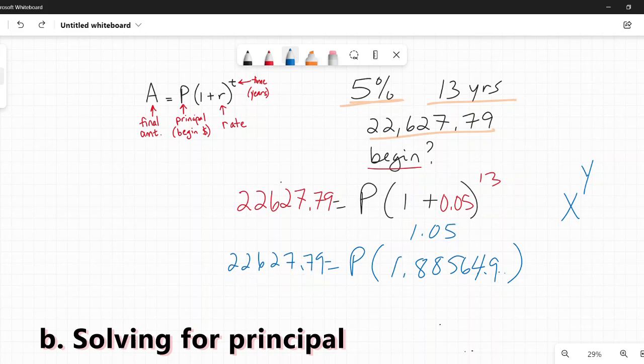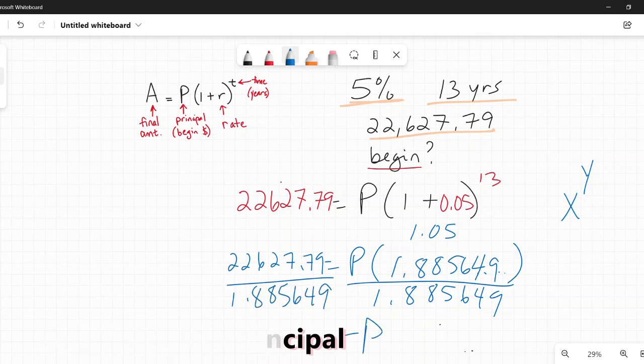For most math problems, most tests, that's not strictly necessary. You can do some rounding, but the less rounding you do and the longer this number is, the better. So I'm going to divide by 1.885649 on both sides. I'm keeping it long because I want to be very close to the right answer. And I get that my principal is, rounded to the nearest penny,